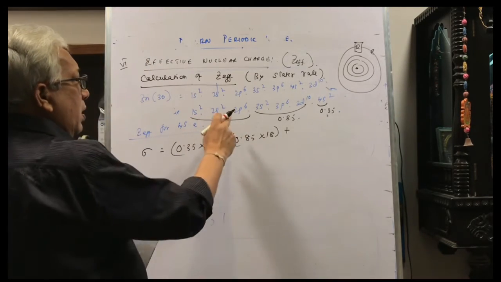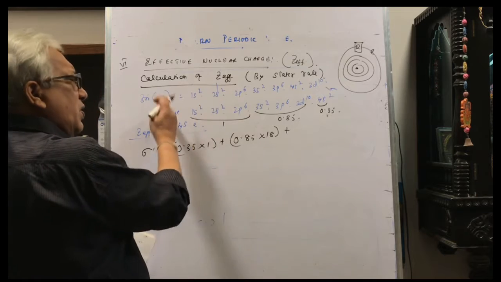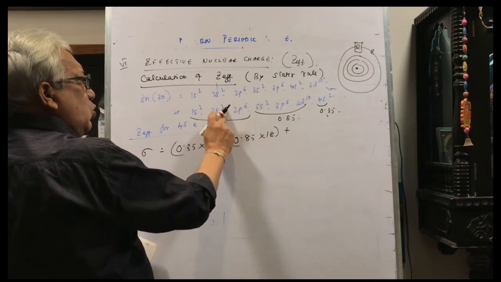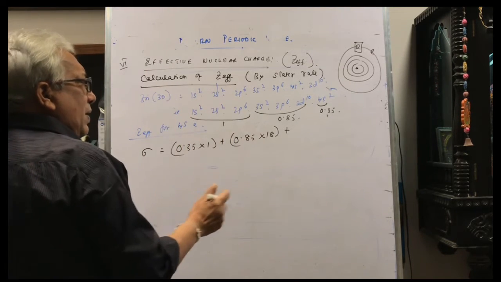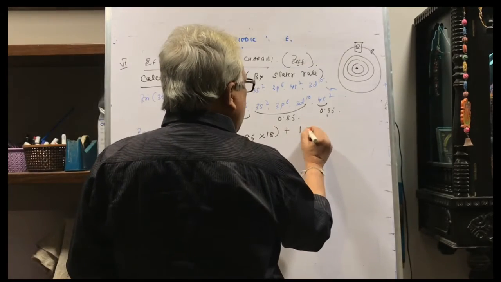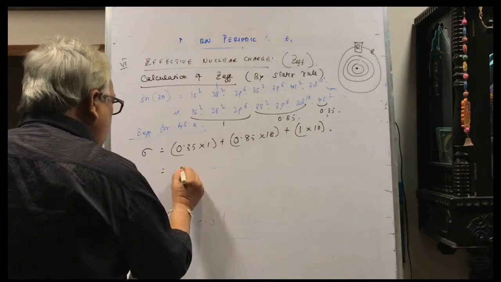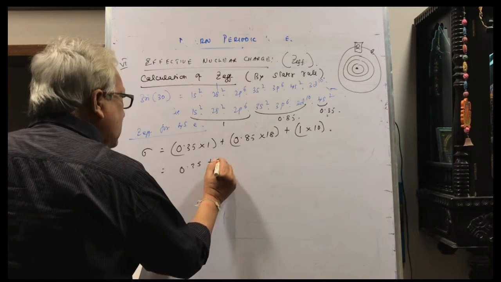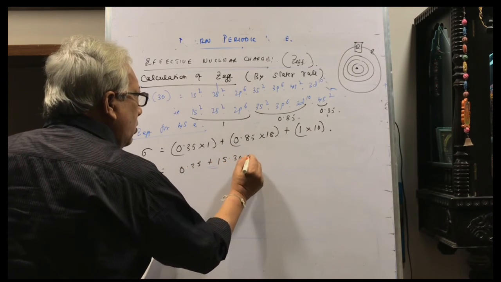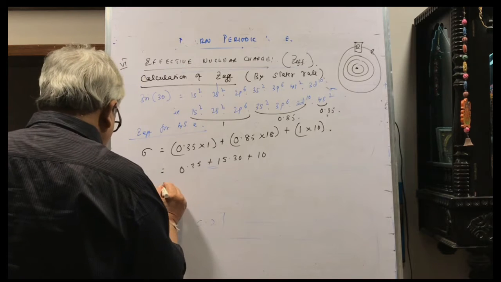Second shell and first shell, they all are 6 plus 2, 8 plus 2, 10, so this will be 1 into 10. Therefore it will be 0.35 plus 15.30 plus 10, so this comes to